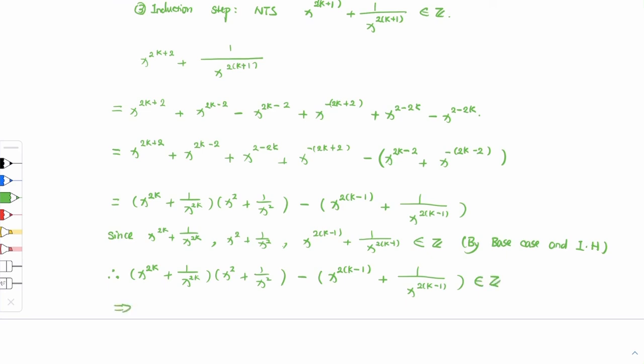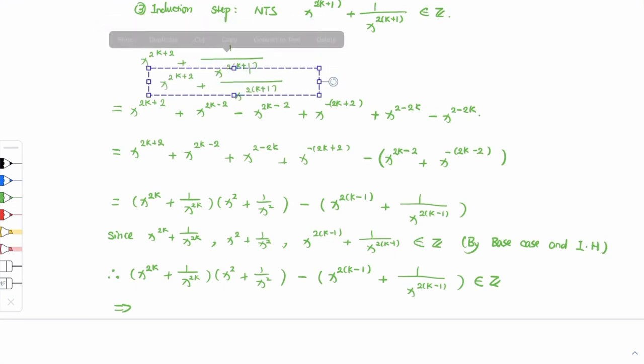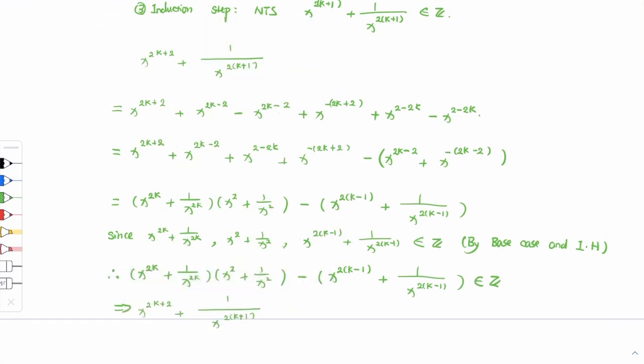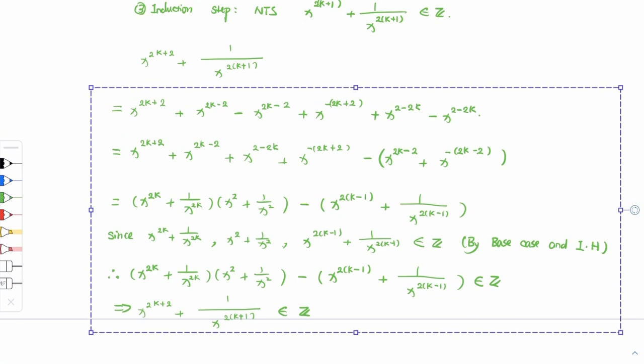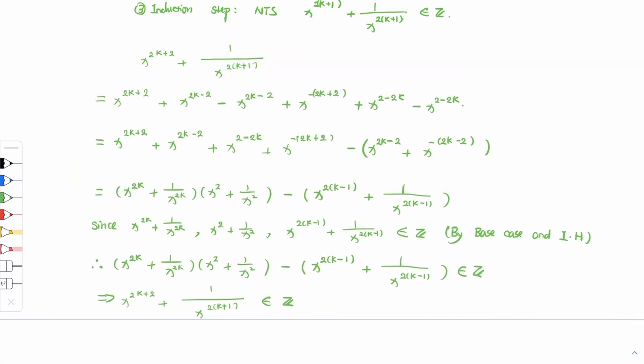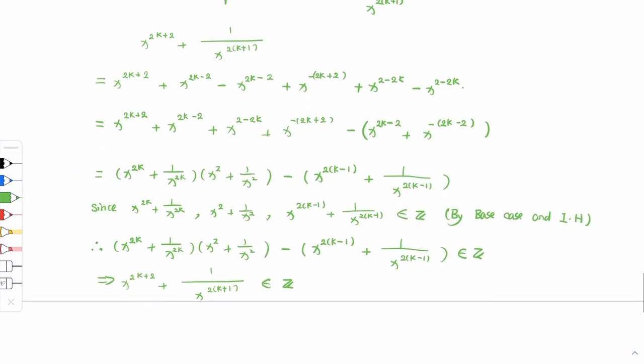And that is saying that this is an integer as well. Let me move it to the top a bit. Okay, since this is an integer by PMI,